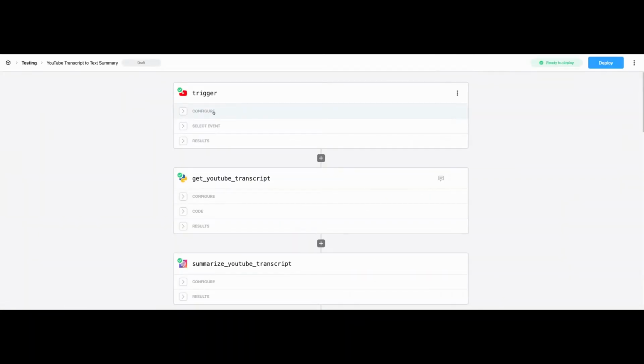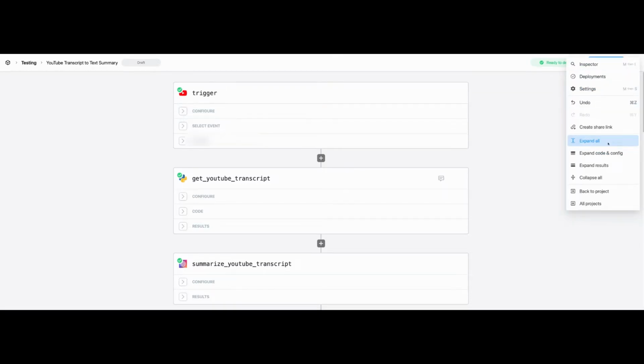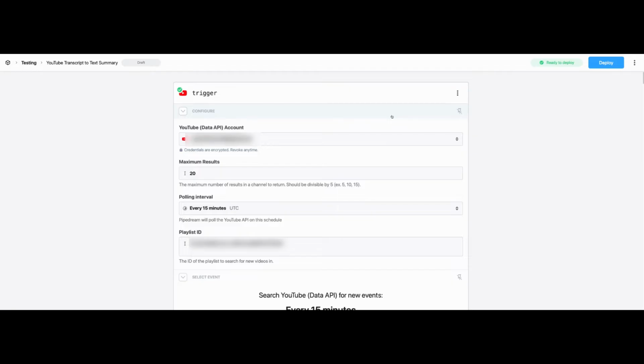Okay, so this here is our workflow. A workflow starts off with a trigger. In our case, what we're doing is we're getting the YouTube transcript. We're then taking a summary of the transcript, we're creating a summary, and then we're moving it to a Notion database. So in our case here, if I go ahead and expand all of these,